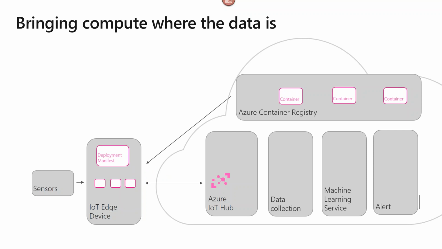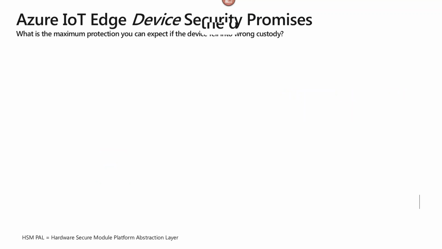Now, at this point, you've gone through the process of actually pulling models and modules from the cloud and running them locally on your device. This is part of what IoT Edge is meant to do, sort of help orchestrate this process. IoT Edge also is involved in several other components, keeping the link up to the cloud up and running, but also most importantly, helping secure the device. Let's spend a little bit of time talking about security.